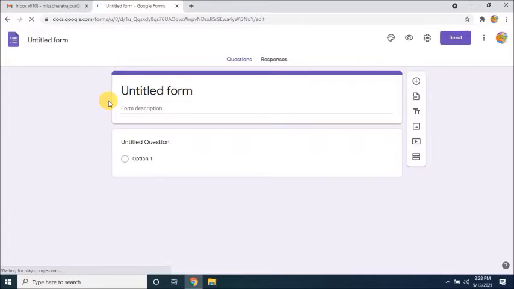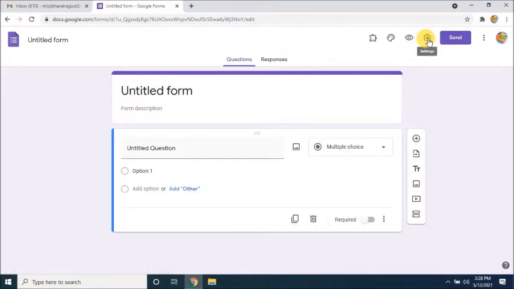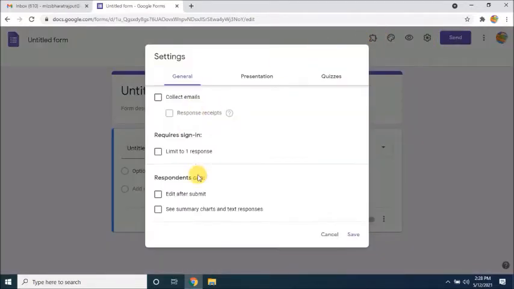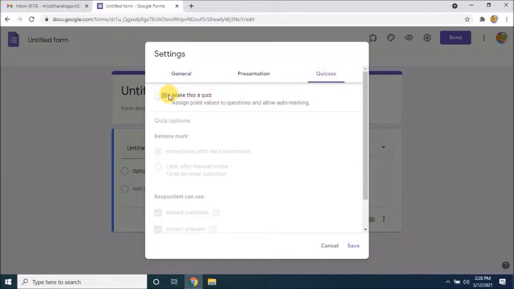Now it shows something new. Before doing that, we will make some settings of the form with the help of the settings option, because we are going to create our exam paper here. That's why we have to make a quiz form. So we go to the settings and select quiz, that is, enable it. That helps you mark the answers on the question paper. If you don't click here, you will just make the form and get the answers from the students, and your answers will not be evaluated by Google by default. So that's why we use quizzes, to have Google check the answers automatically and make the result easily.